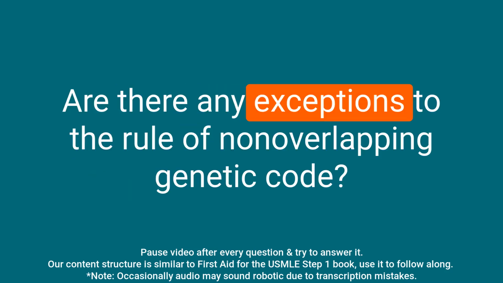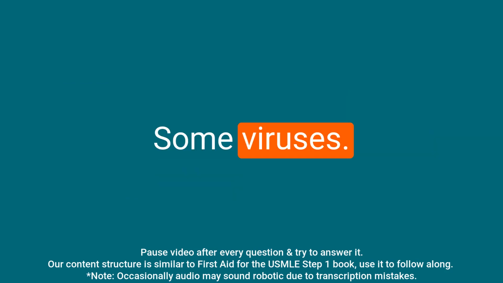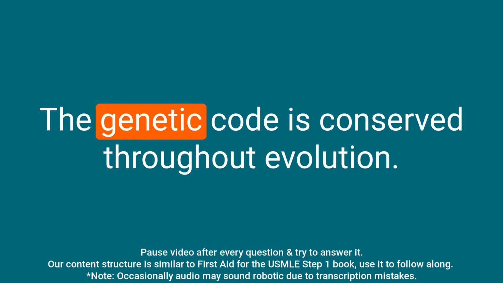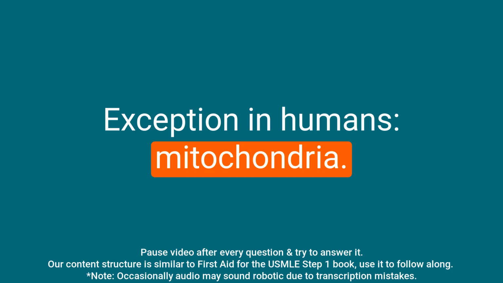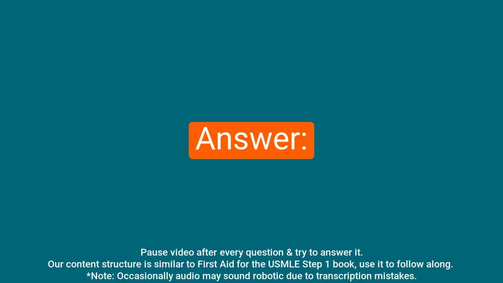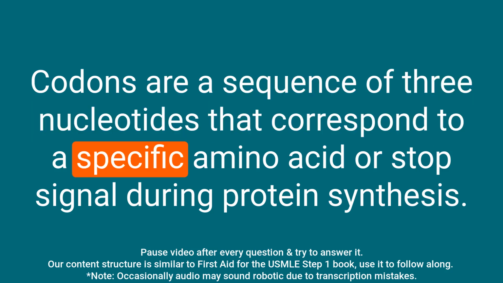Question: are there any exceptions to the rule of non-overlapping genetic code? Answer: some viruses. Question: is the genetic code universal? Answer: the genetic code is conserved throughout evolution. Exception in humans: mitochondria. Question: what is the function of codons in the genetic code? Answer: codons are a sequence of 3 nucleotides that correspond to a specific amino acid or stop signal during protein